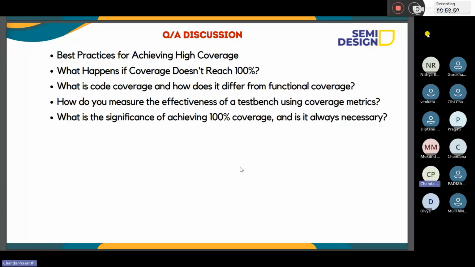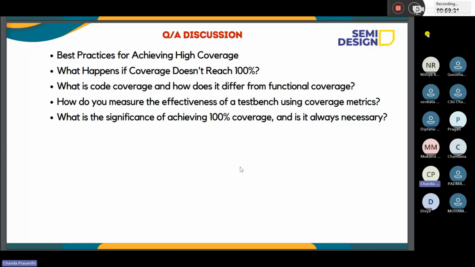Understanding the design specification very clearly, creating test cases for all corner cases, and writing the coverage matrix for all those covering bins for all those test cases. Okay. What happens if coverage doesn't reach 100%? If any test cases fail, we need to focus on the target hole, recheck the test cases, and write the bins again if anything is unhit.